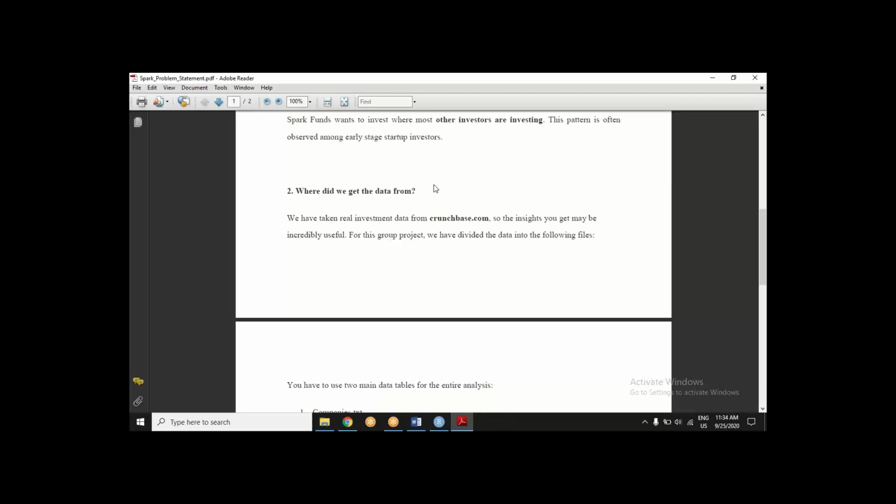This data is taken from Crunchbase.com. Have you guys heard of Crunchbase? Anybody? No? Well, today the journey begins.